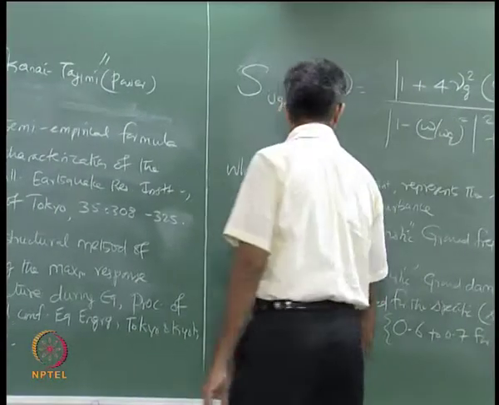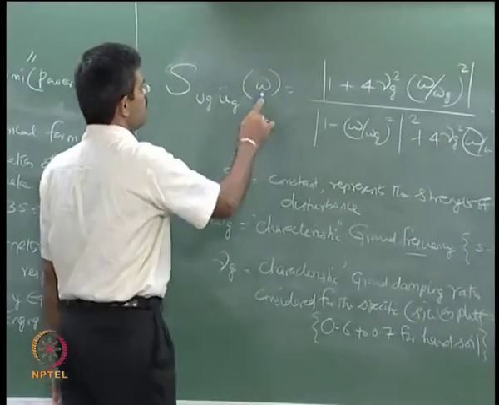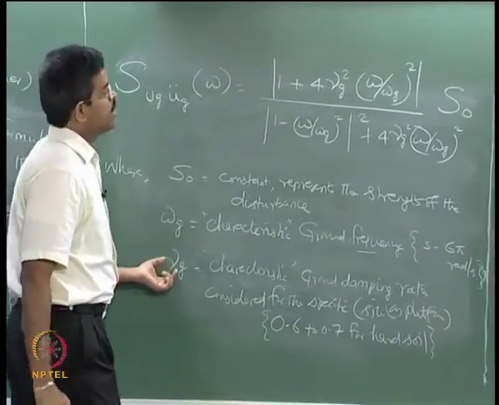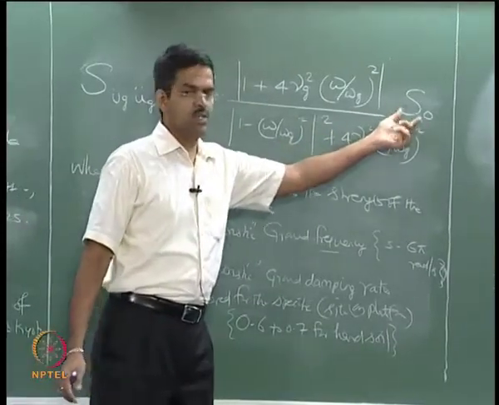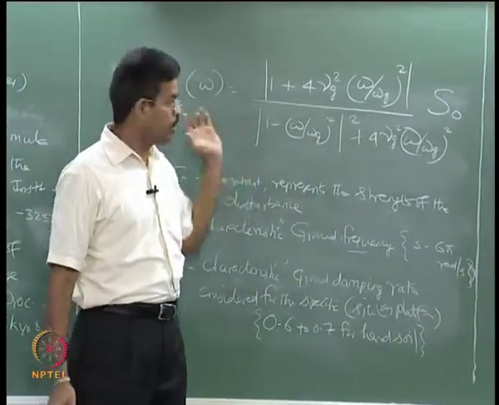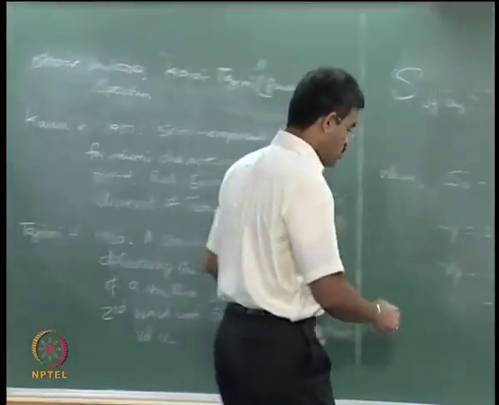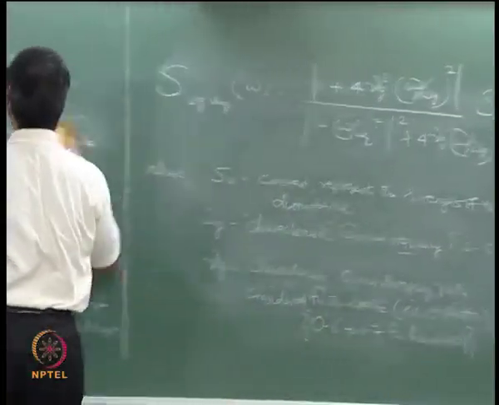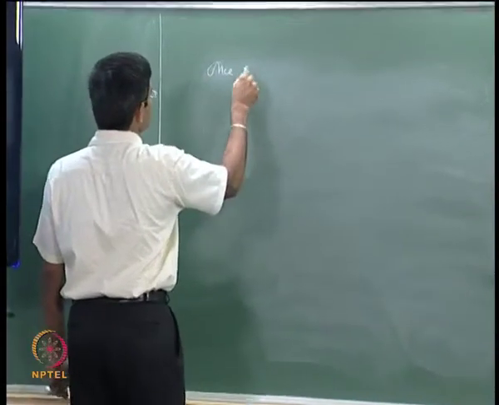So, for a given characteristic ground frequency of any value for a different range of omega for a specific characteristic ground damping ratio, I will be able to plot the spectrum. If I assume any disturbance by number, it is nothing but a constant, I plot the spectrum, that will give me the energy where I am going to apply onto my platform. Now, once the spectrum is known,